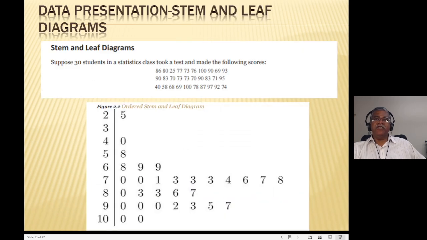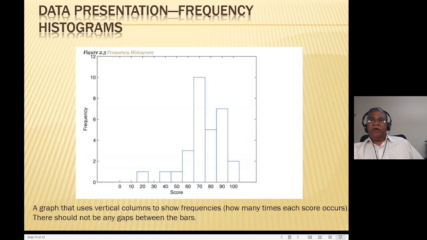Now, if you turn this on its head, for example, if you take the stem and leaf diagram and make it vertical, you basically get this, and this is for the same data. Now you'll see that more people got in the 70s, people got 90s, and you can see two people got hundreds. Two people got hundreds. One is just people who got from the 70s to the 80s, and the 60s and the 70s, and so you'll see that that is basically a stem and leaf.